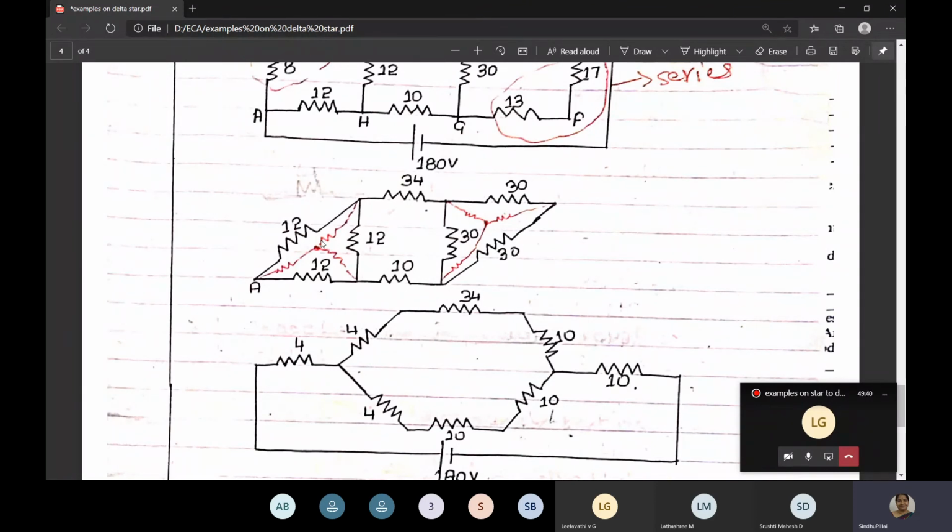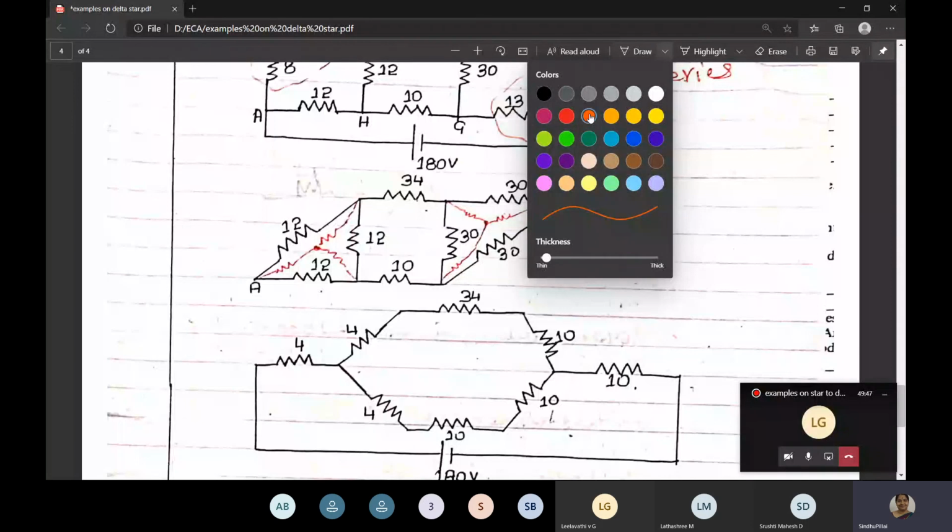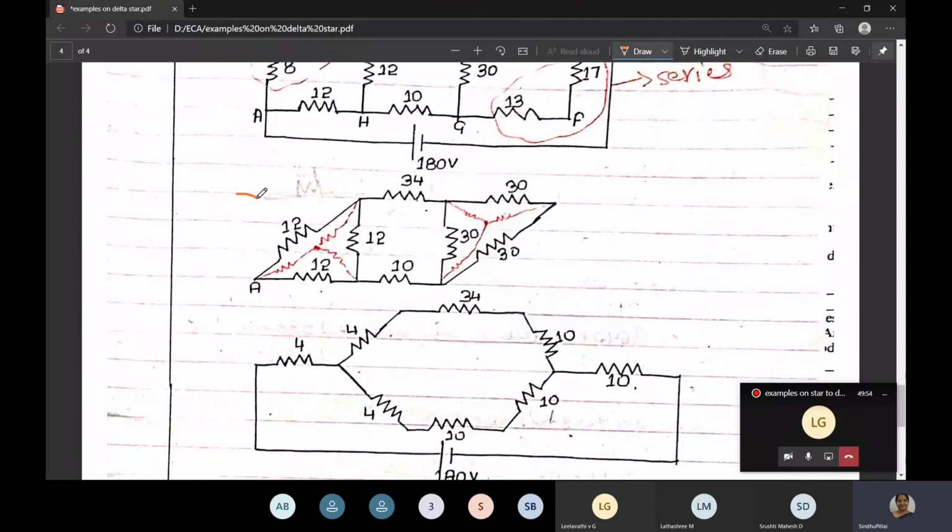This delta is written here, and it is converted to star. Then series connections are shown here. See, I will show this 12 ohm resistor. This 12 ohm resistor is nothing but it is like this. Just the corner has been pulled out. It is like this only. It means the same. So this 12, this 12 and this 12, like this it is delta. In this way it looks like delta.